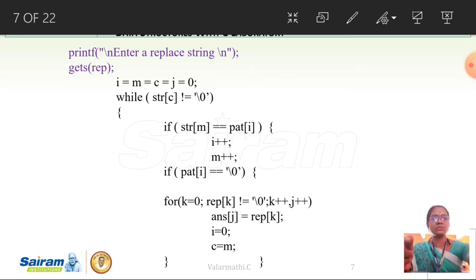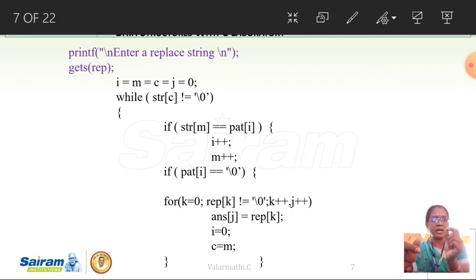So if the first character of the main string and the first character of the pattern are equal, then i can be incremented and m can be incremented. Otherwise, if it is not matching, we go and search again.